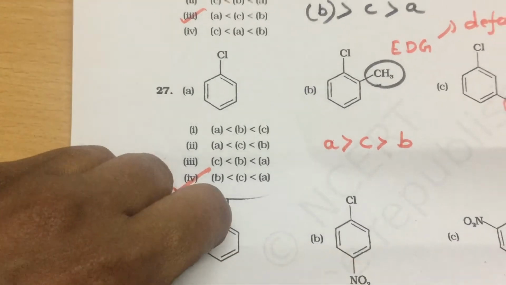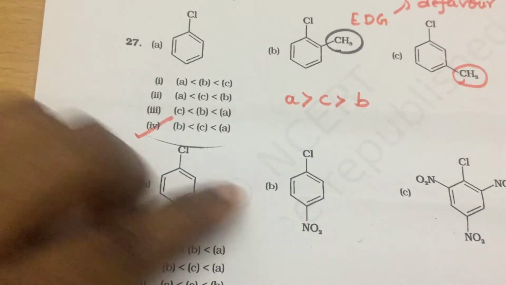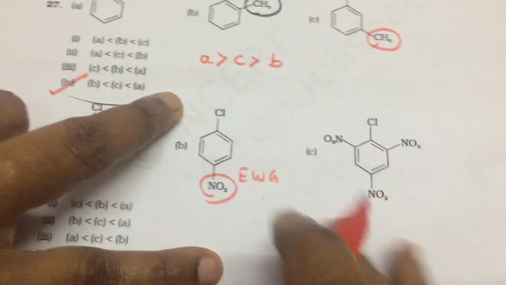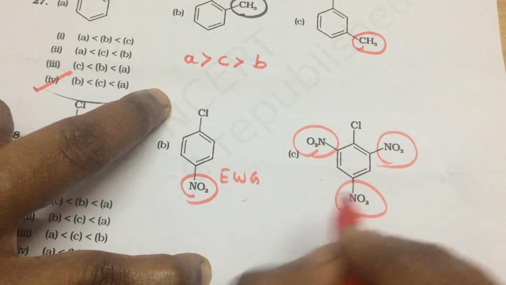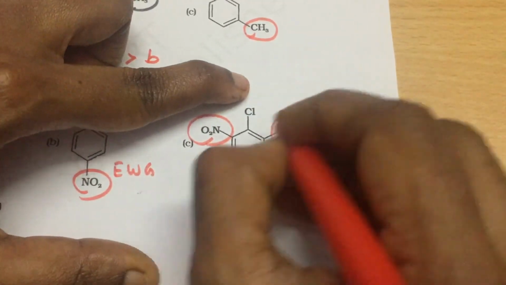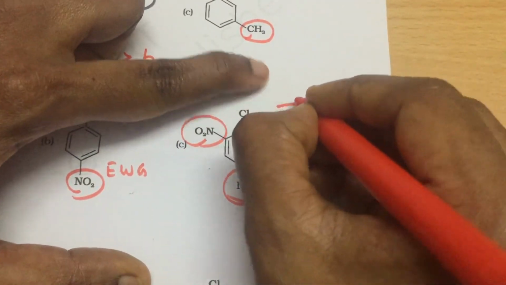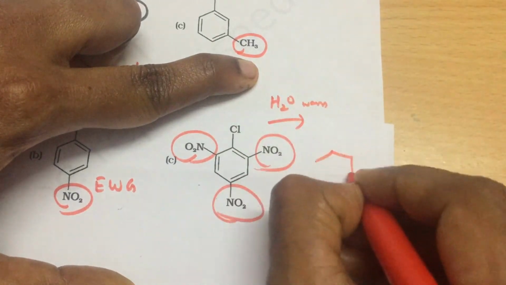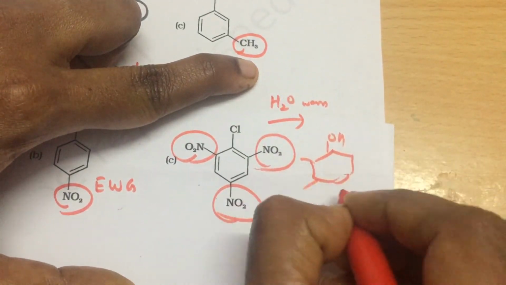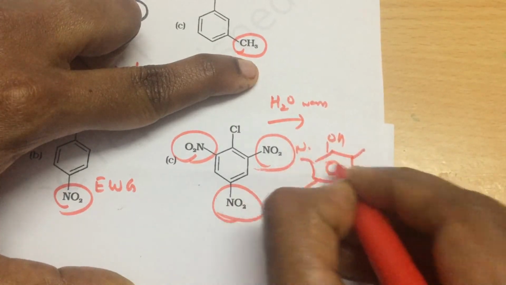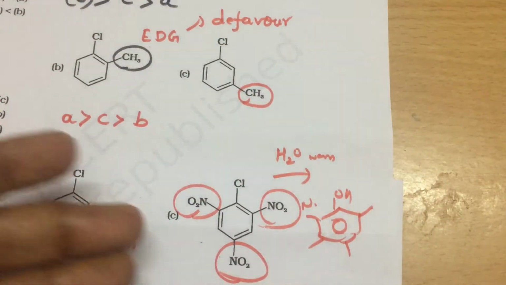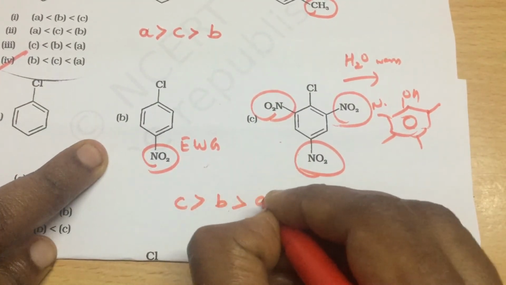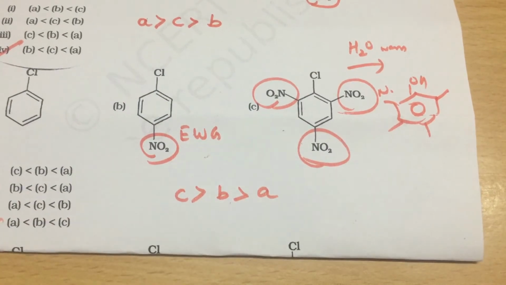chlorobenzene, para-nitro and trinitro. Here, what kind of group is it? It is an electron withdrawing group. It is going to favor, and it is in 3 positions. This is beautiful. You may know from NCERT that NaOH is also not needed. You just have to warm with water, and you will get the corresponding phenol, the corresponding trinitrophenol. There is no need of sodium hydroxide. See the effect. So here C, then comes your B, and then comes your A. C, B, A, your fourth option.